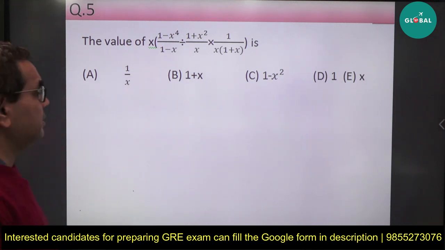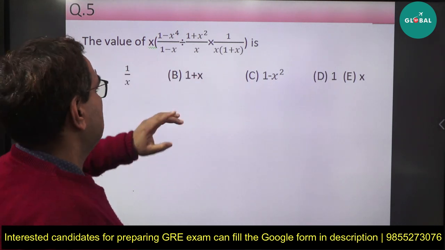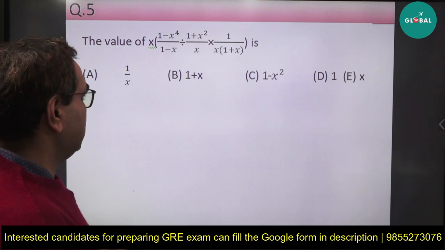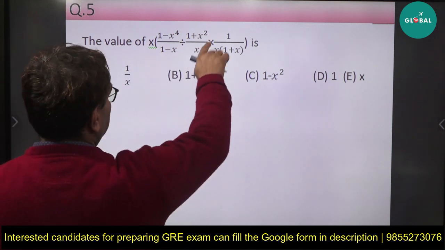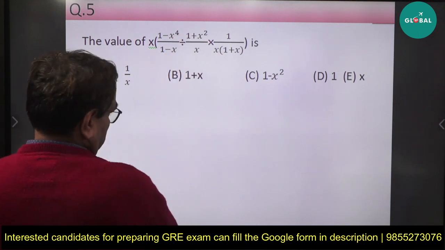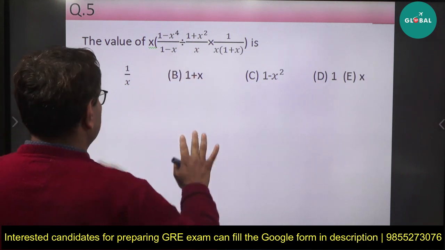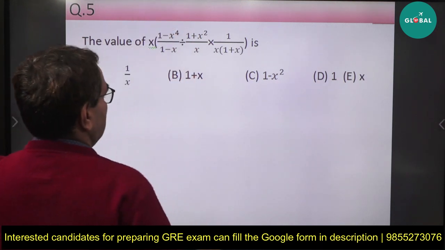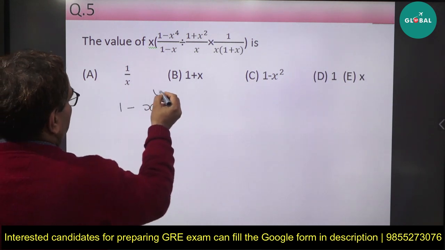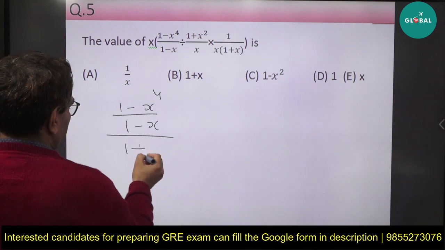We know that parenthesis has the highest priority, so we will solve this parenthesis first. Now inside this, using the PEMDAS rule, we have both the signs, division and multiplication. Division is occurring on the left side first, if we move from left to right, so we will perform this division first. So this is 1 minus x to the power 4 upon 1 minus x, divided by 1 plus x